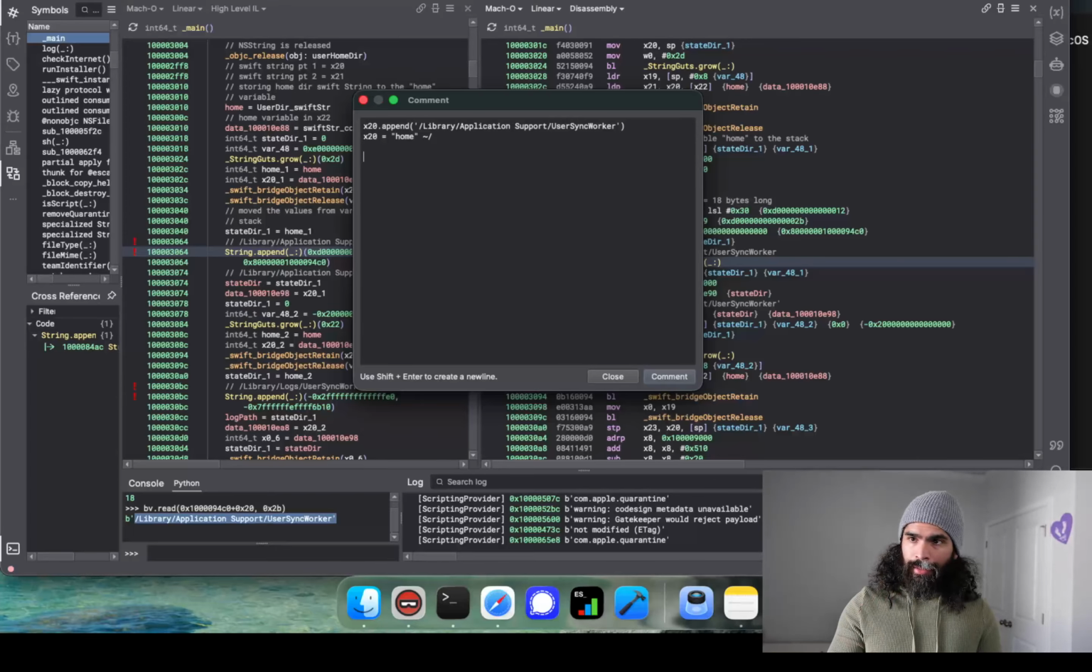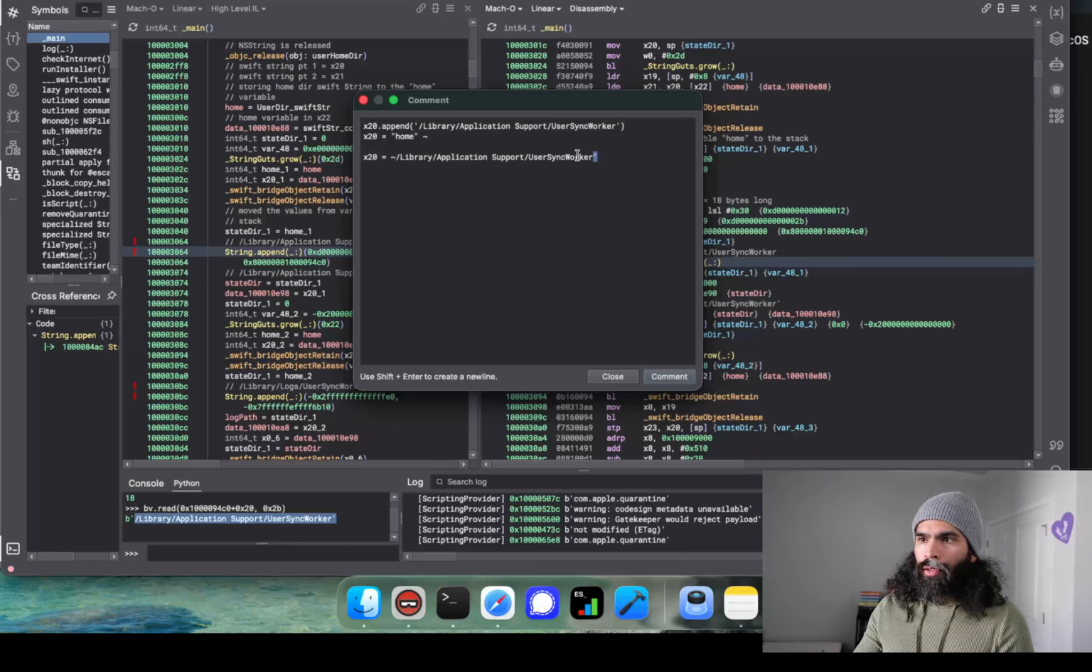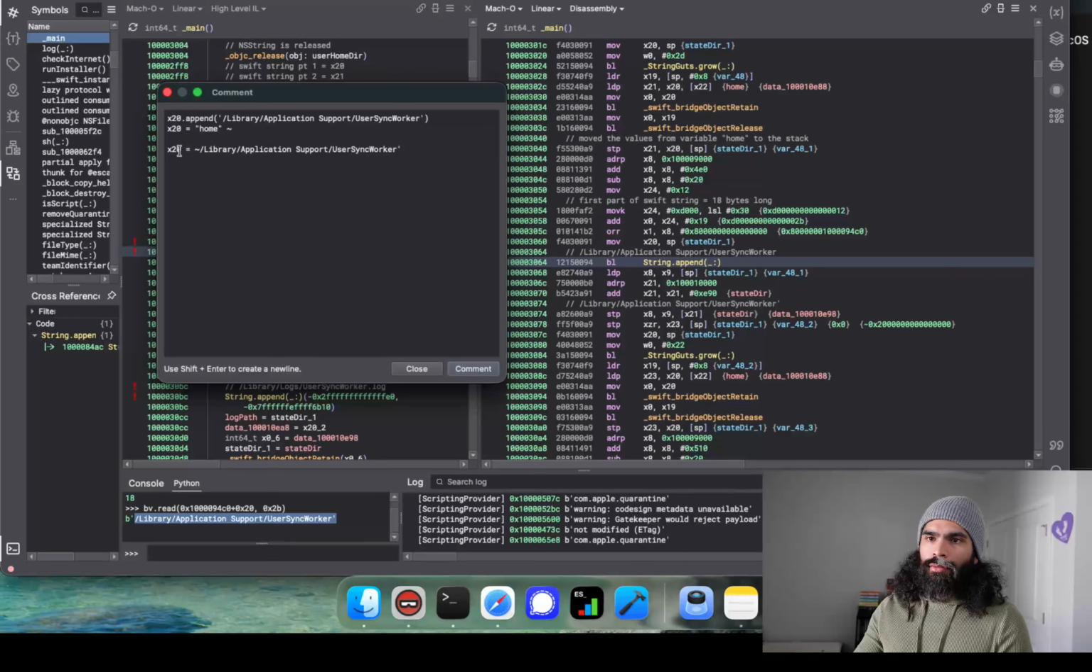So at the end of this, x20 is going to be pointing to, if I can type right, what we would expect. Let me make this here. I put this wrong, home, but essentially user home, and then library application support user sync worker. So at the end of this, it's going to be this value. So let's just add this here. Make sure I don't forget the X